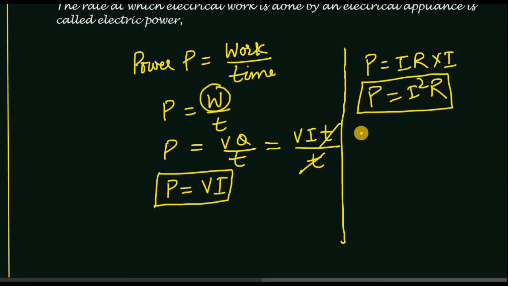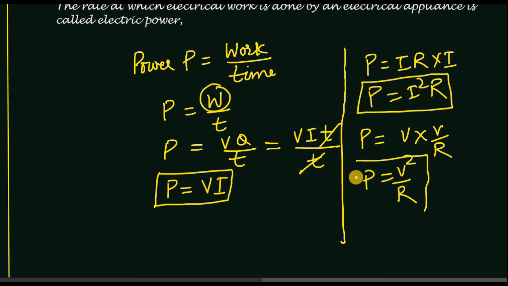And now when we replace I, P equals VI. So V, and in place of I, V upon R, and then we get the formula P equals V square over R. This is the third formula of power. You have to learn all these formulae, because when you solve numericals you need to apply them directly. Otherwise you have to solve the numerical indirectly by finding several values, then you will get the final one. Here you can apply the formula directly if you know the formulae.